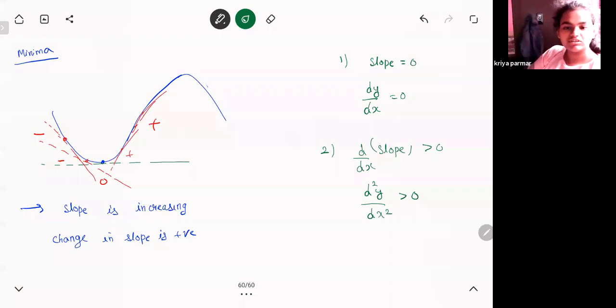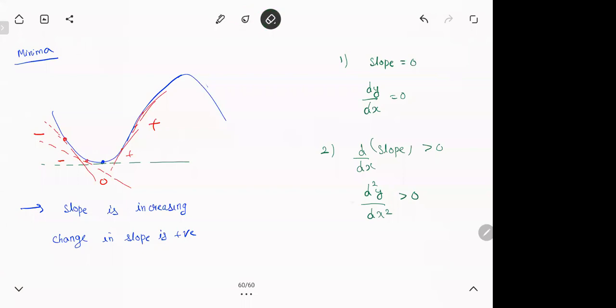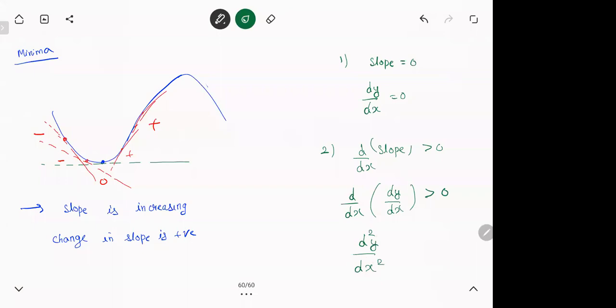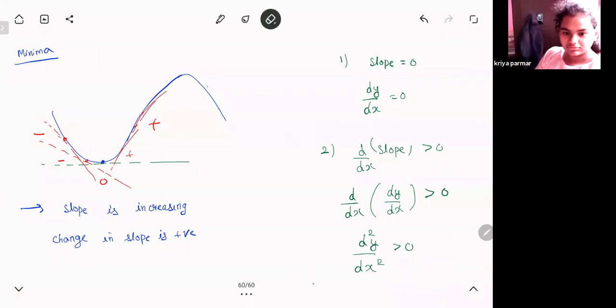Sir, I did not understand that d square y by dx square. अरे ये डबल डिफरेंशियल का सिंबल है ना. Slope is nothing but dy by dx. If you differentiate a function 2 times, we write this thing as d square y by dx square. बस इतना ही था. The meaning of this symbol is you're differentiating 2 times. Suppose if I write d cube y by dx cube मतलब क्या? Function को 3 बार differentiate करो. Remember, that is the meaning of that symbol. बस इसका meaning कुछ नहीं था.